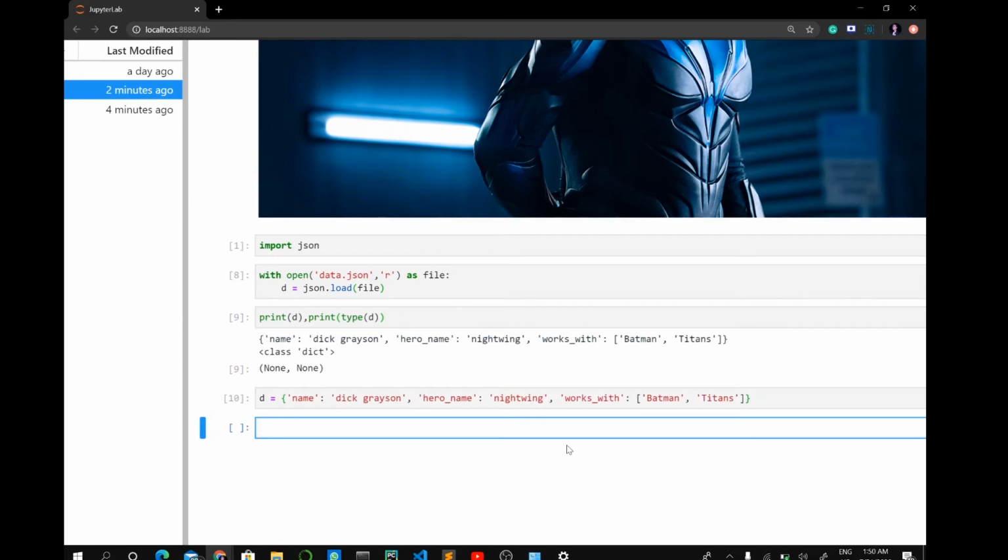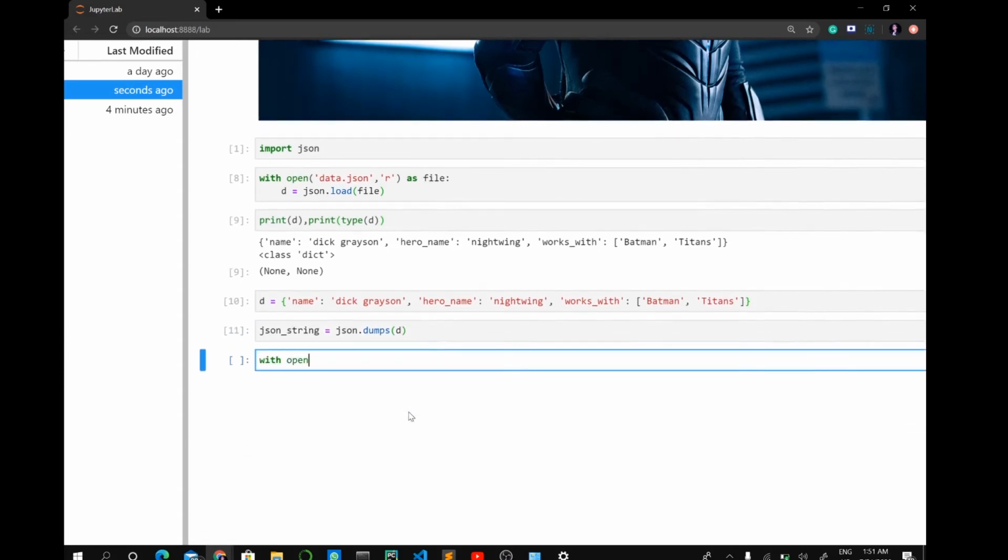And we will convert this dictionary into a JSON string, and then we will write a JSON file by writing that JSON string into that file. So for making it into a JSON string, so that we can write it into a JSON file, JSON again provides a function known as dumps, again S for string, that will convert a dictionary into a JSON string. So json.dumps(d),